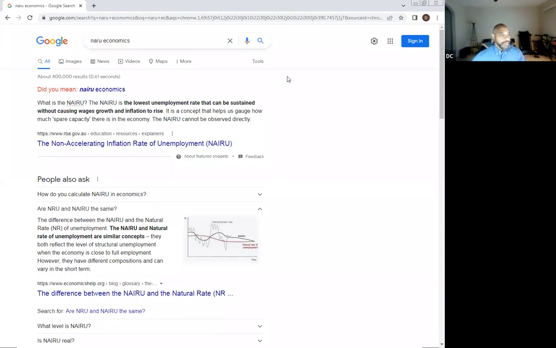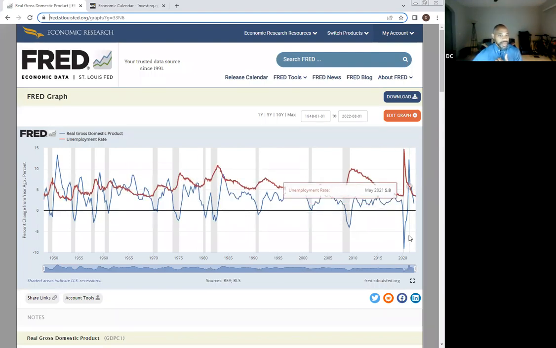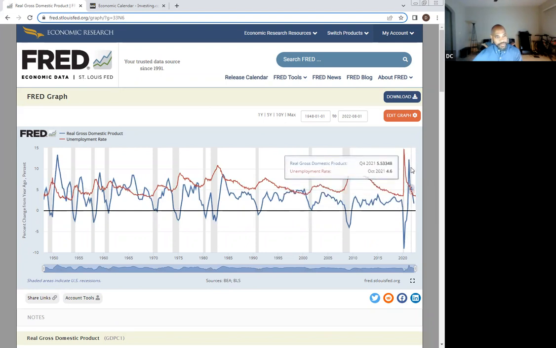Fed is trying to accomplish. And so I brought this up because I thought it was interesting because everybody's laser focused on this for good reason, because that's the number that the Fed is looking at. But what you see is, you see GDP right here, GDP at 5.5 in Q2 of last year, and then unemployment at 4.6, and then it keeps going down, keeps going down. So now where we are as of the most recent GDP print, we have 1.9, well,